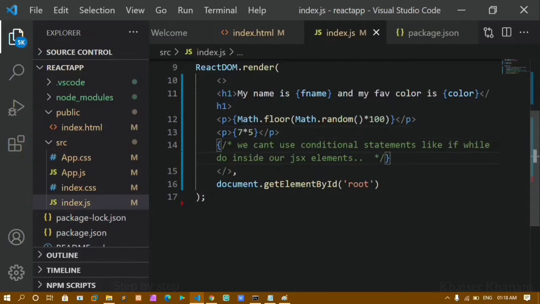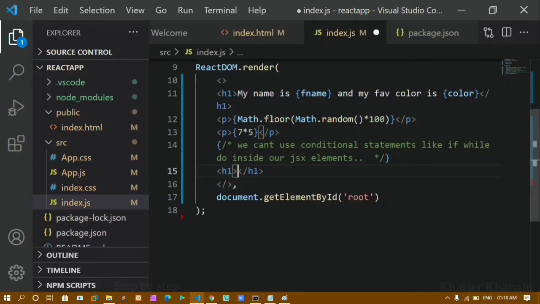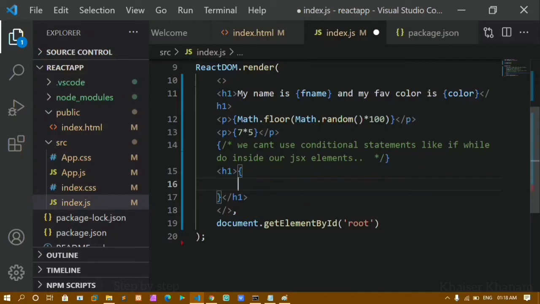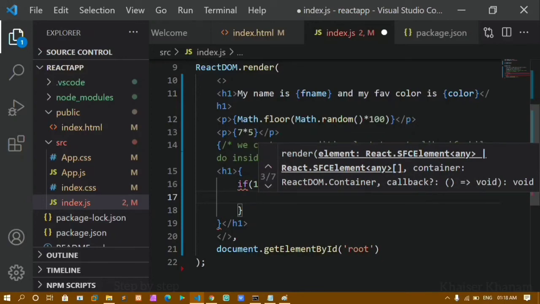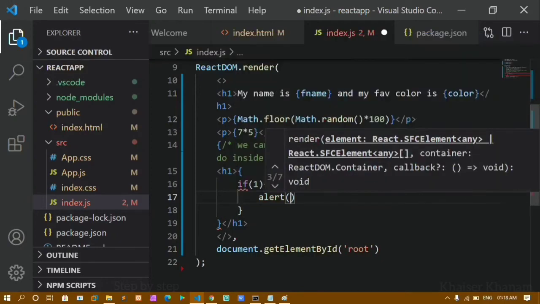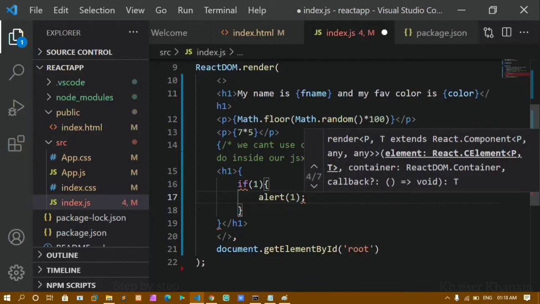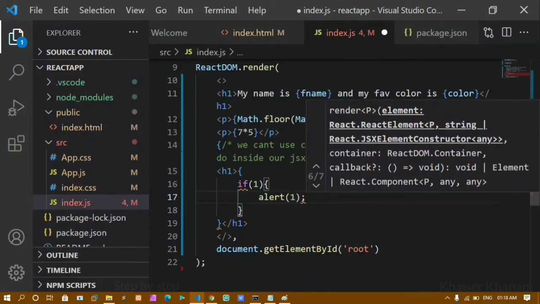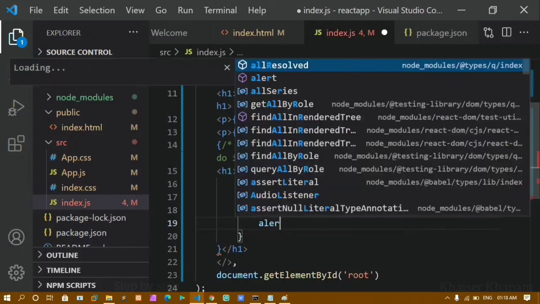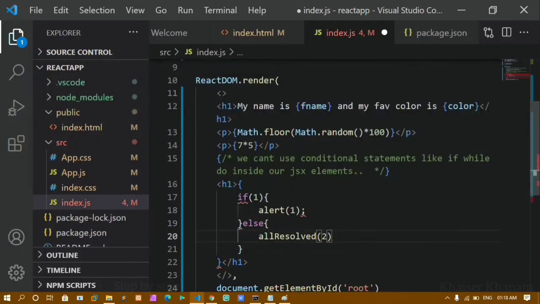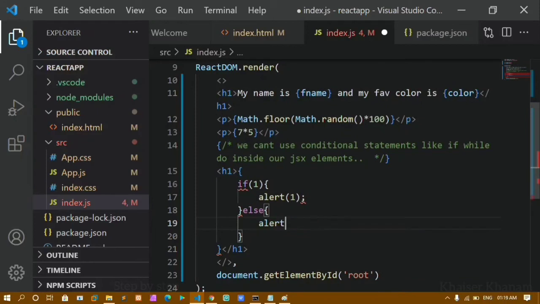For example, if I create one H1 and inside these curly braces I give some expressions, I'll be checking the condition: if 1, which means true, I'll give alert 1, and else I'll give alert 2.